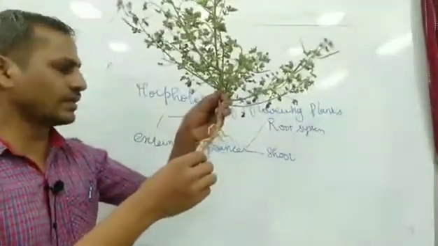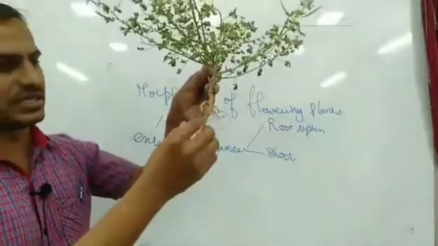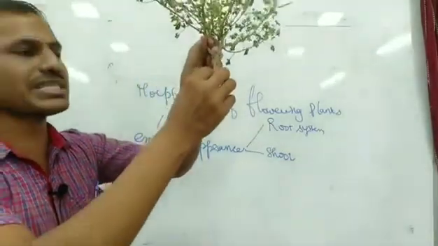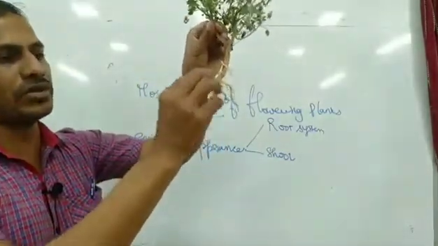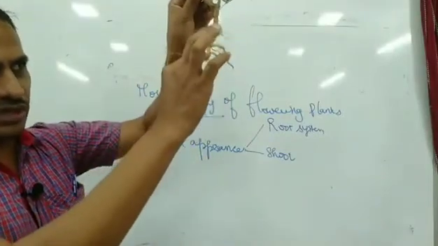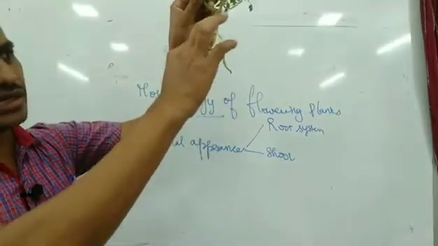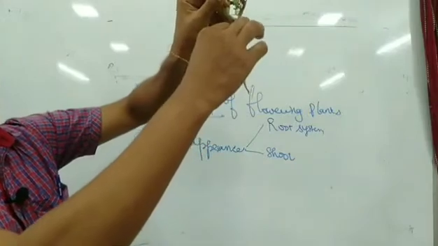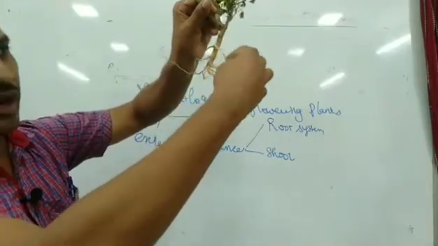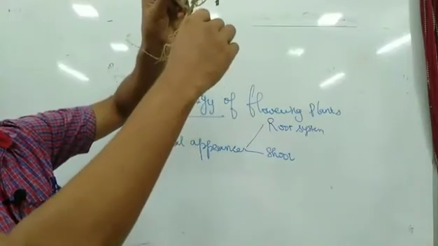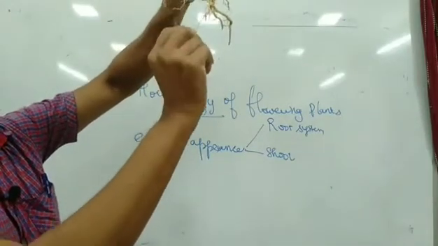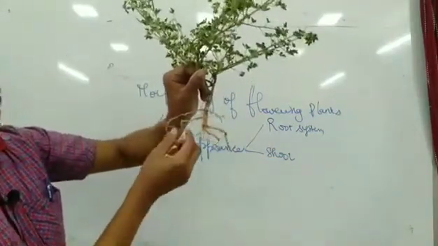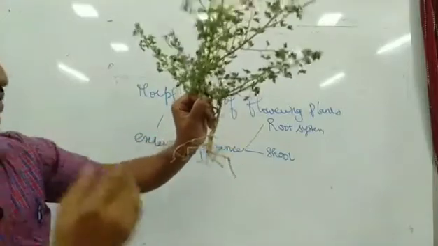So root system, it starts from the radical region. They have three types of root. Okay, this is tap root system. They have a primary root. This is a main root which is developed from the bottom to this level. This is called tap root, also called primary root. From the primary root another one is developed, this is called secondary root. Among the secondary, another one is developed, this is called a tertiary root. So primary one is the topmost, secondary one, and the small hairy like one is tertiary root.